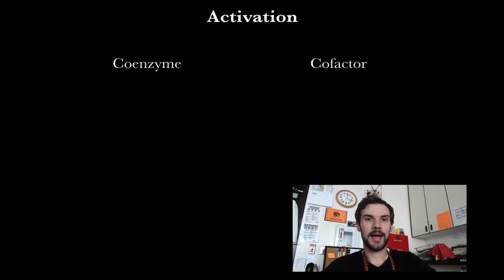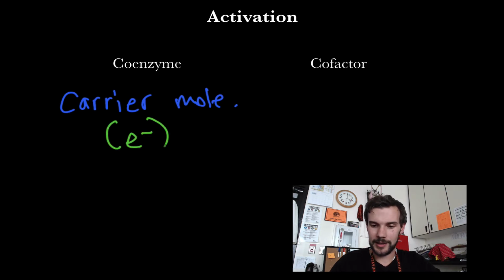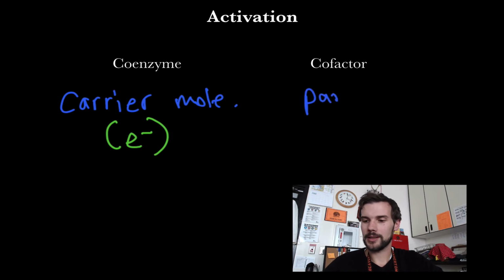Some enzymes need to be activated, and there are two different types of molecules that can help with that: coenzymes and cofactors. Coenzymes are going to be what's called carrier molecules. And they, for instance, could carry electrons and deposit the electrons to an enzyme, and the enzyme is able then to perform a certain function. Cofactors, on the other hand, are going to be able to participate in the actual reaction,